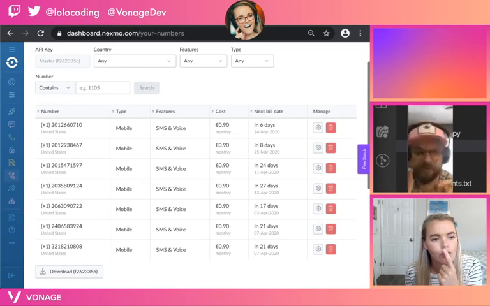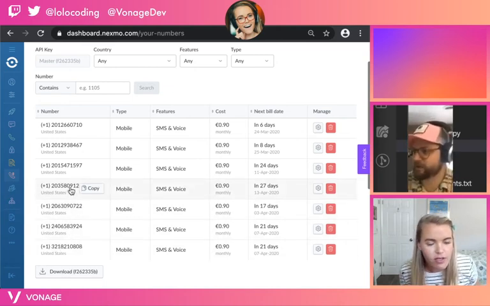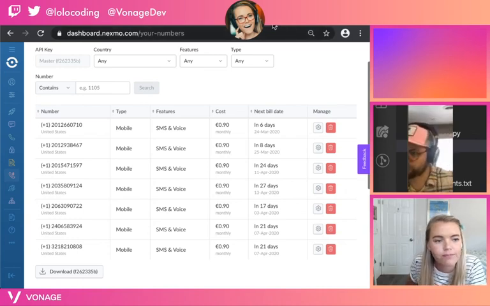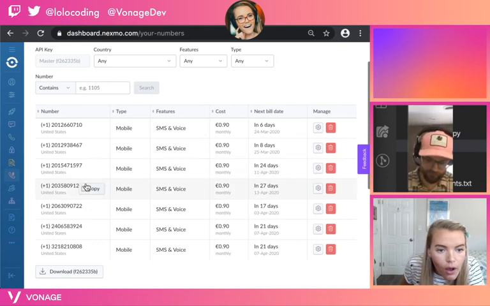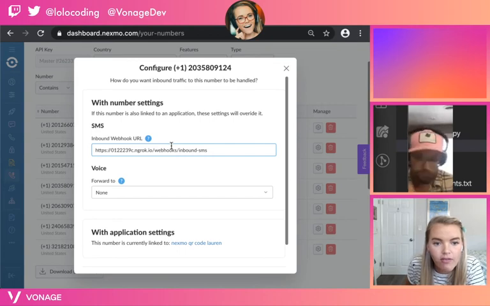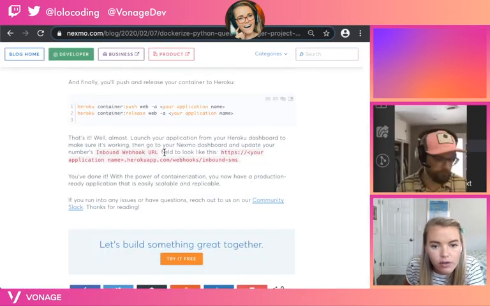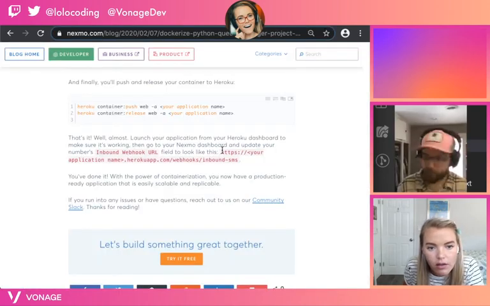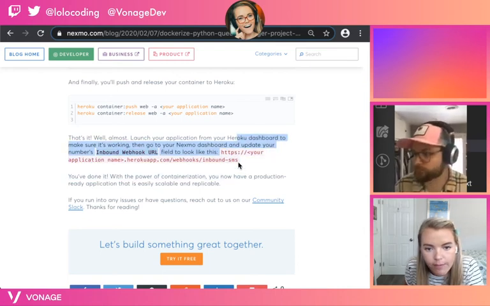So you just need to find the number that you're using. Okay, I got it. 203 was the area code. Okay, yep, you're right. So here we are. I have our ngrok, and it was our old ngrok that we had pulled up. It looks like in your tutorial you said your webhook inbound. So I need to replace it with my